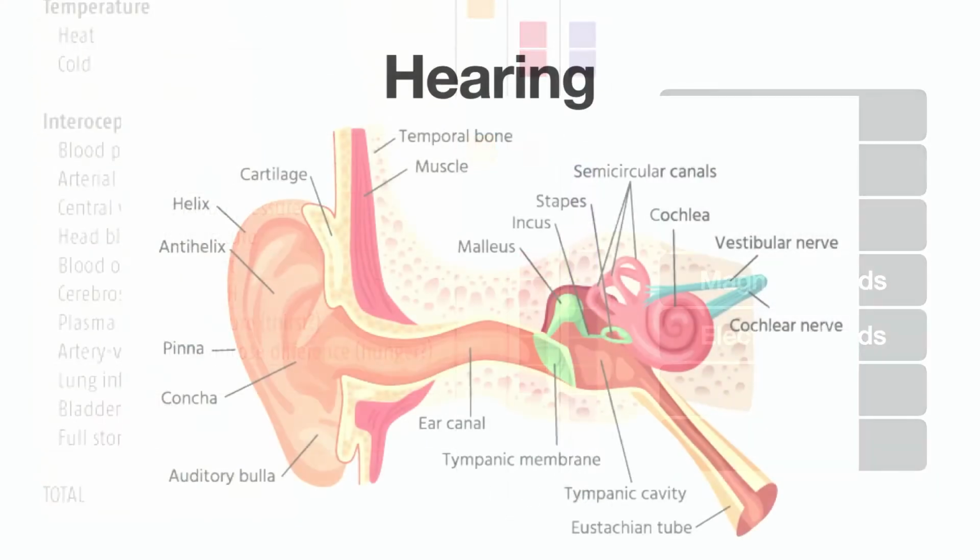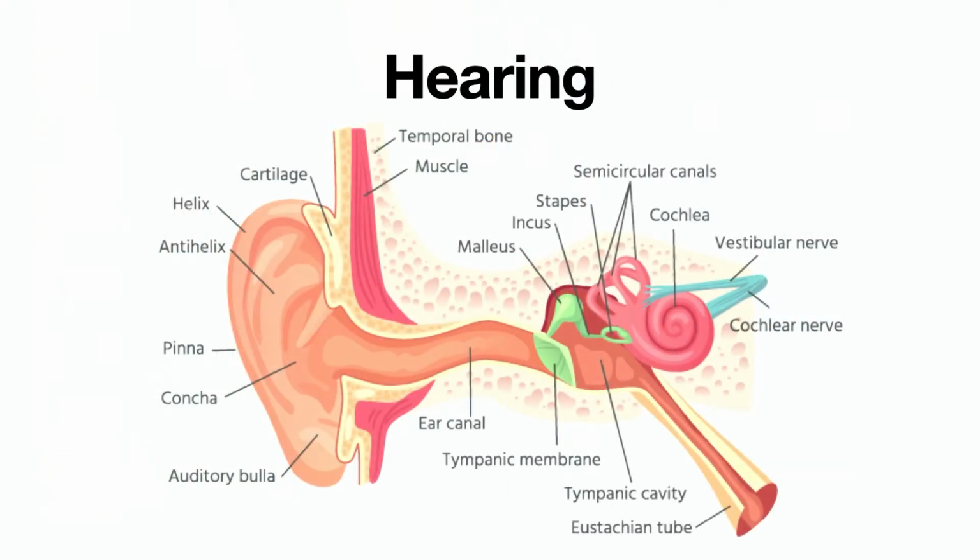So here we have hearing. And just like the eye, we have an organ, our ear: the ear canal, the middle ear, and the inner ear, specifically designed for this kind of activity. Here we have a sound wave, and the sound wave is funneled by the pinna, the outside surface of the ear, down the ear canal to vibrate the tympanic membrane, or the eardrum.